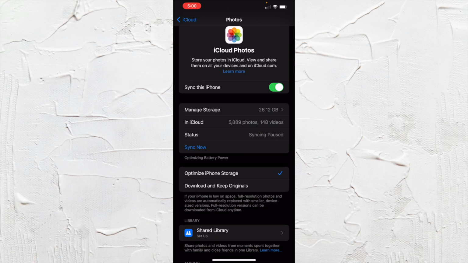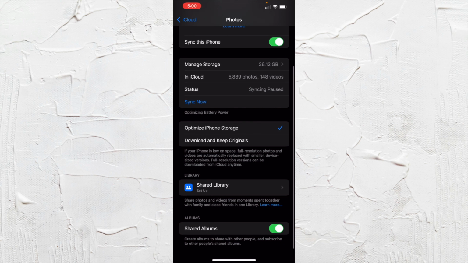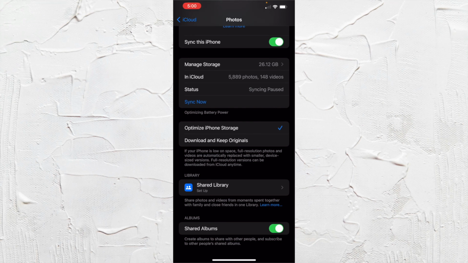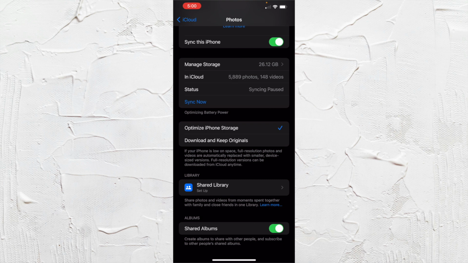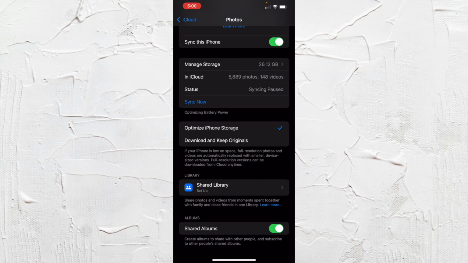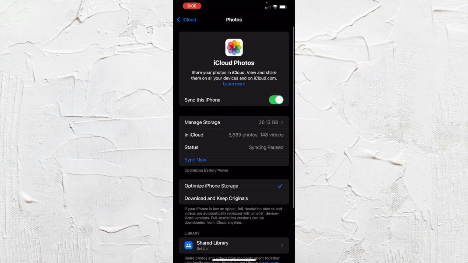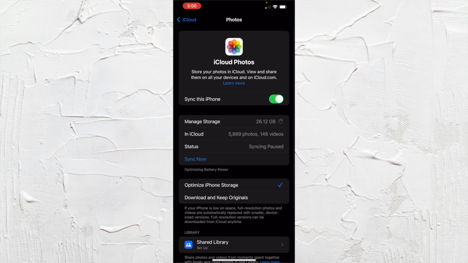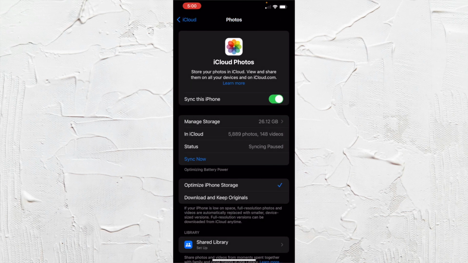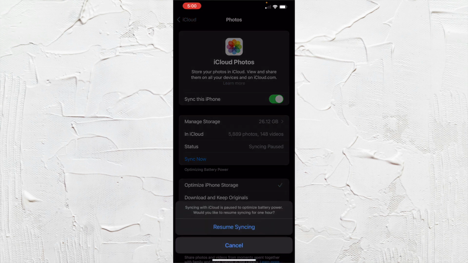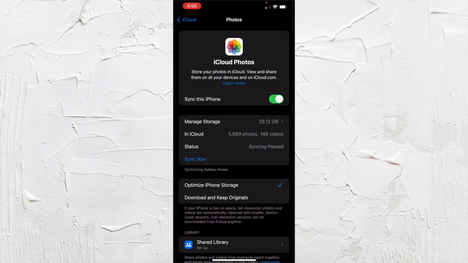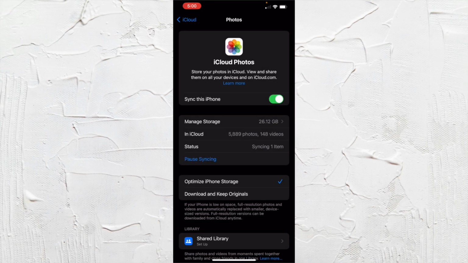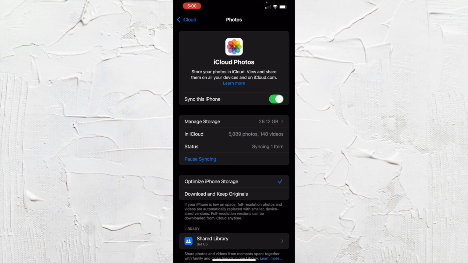You can toggle on download and keep originals or just optimize your iPhone storage, depending on the size of your iCloud storage or your phone storage. But it's really easy. You can go in here and manage your storage. You can sync now just to keep it going, to make sure it syncs on time like it always should be. But it's very easy to do, very simple,